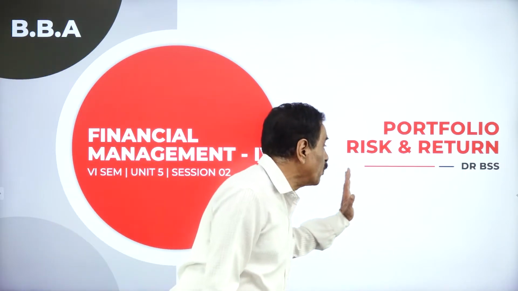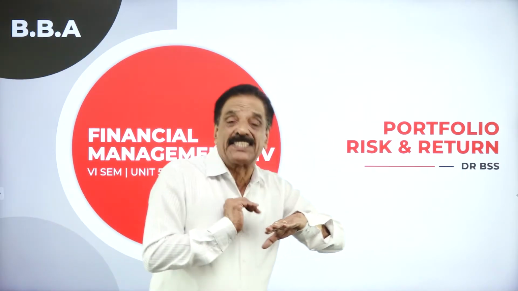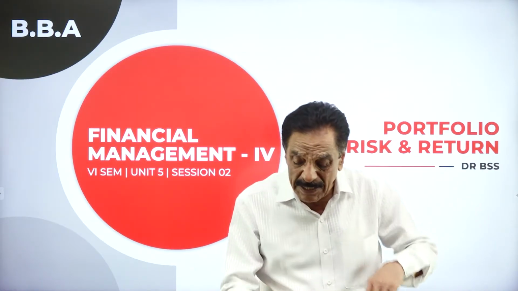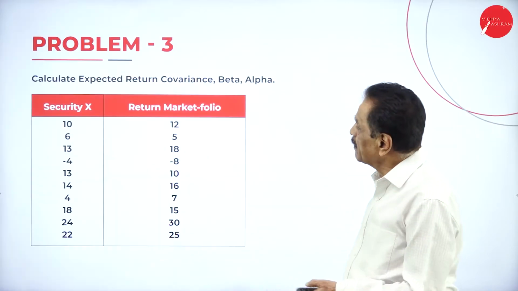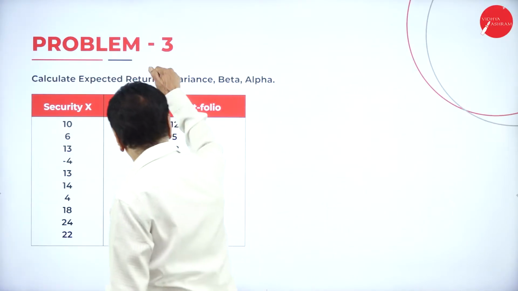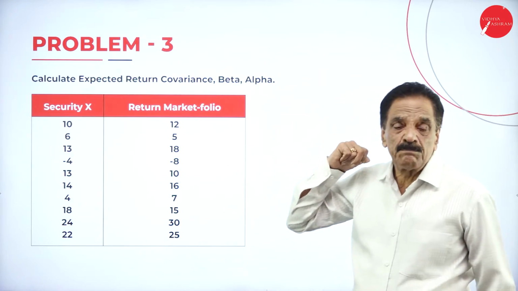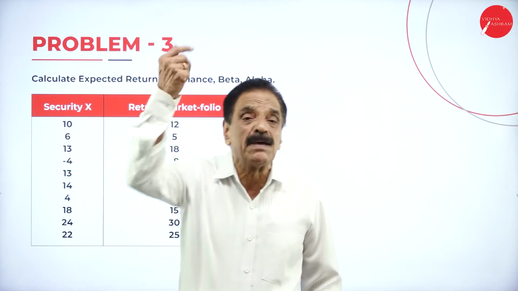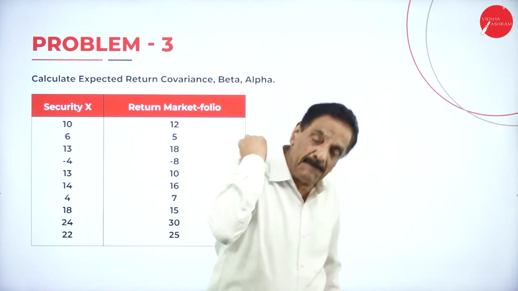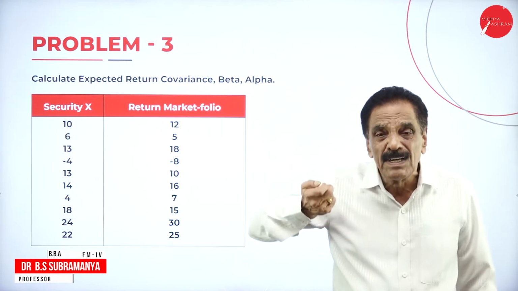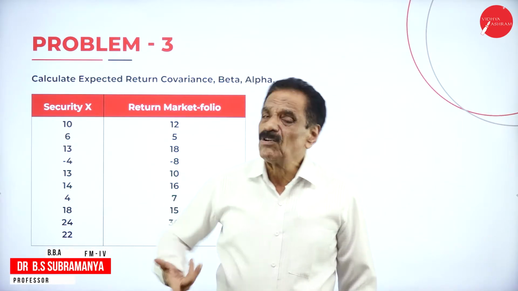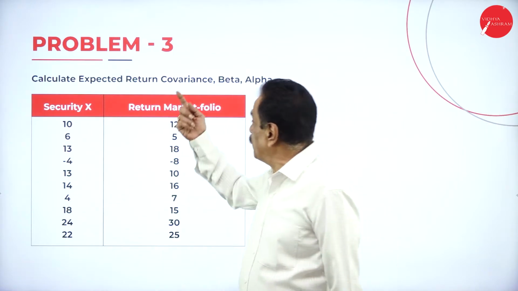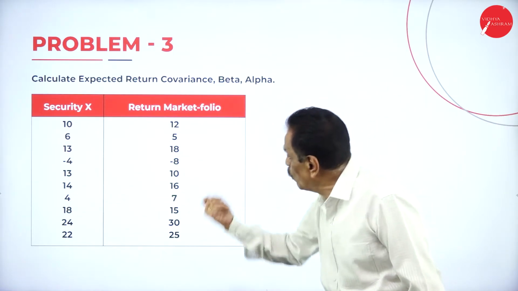It goes to portfolio risk and return. In the risk and return, if there is a market portfolio, how to work out? What are the things to be calculated? Here, we are going to calculate expected return because they have given portfolio return. Your shares have been bifurcated into a number of units. It may be in shares, debentures, bonds, or mutual funds. Not deposited on one side. It has been deposited in different sides now. It may be in covariance now. What are the covariances?